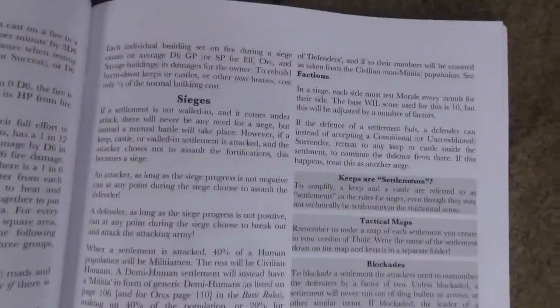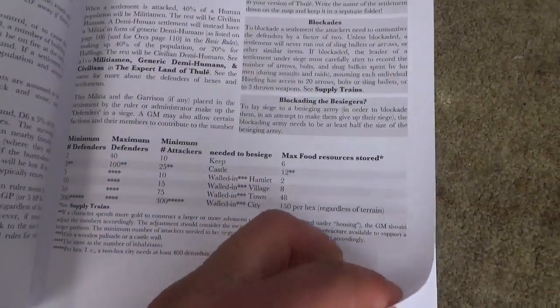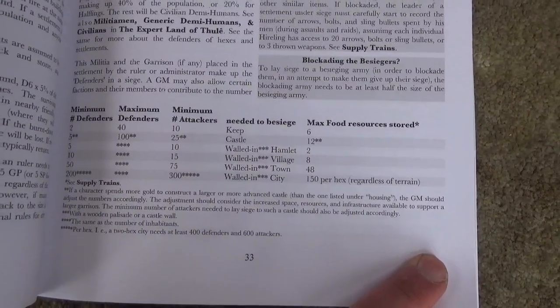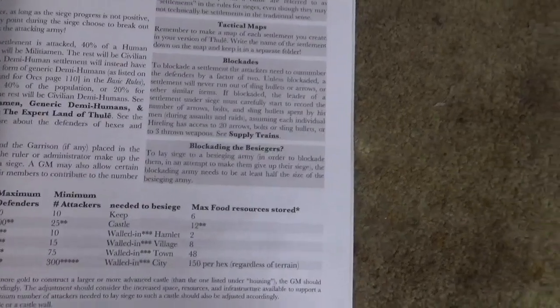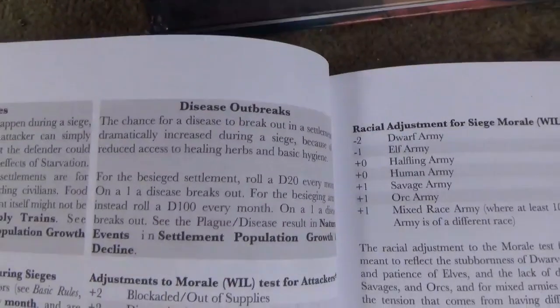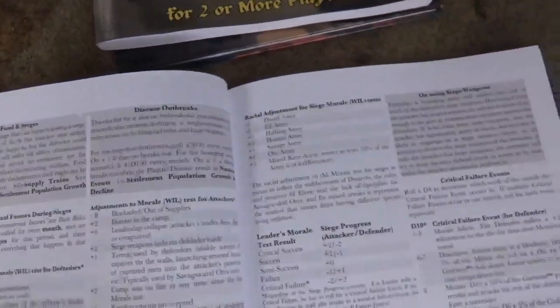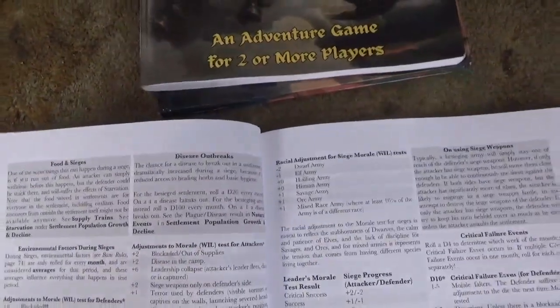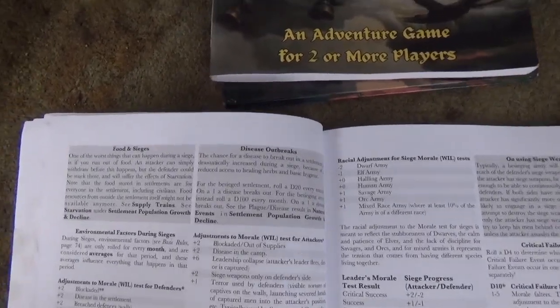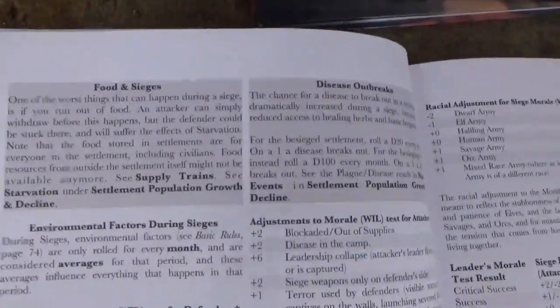And then of course sieges, how many attackers and defenders do you need, how much food can each besieged settlement, store or keep castle. Blockades for disease outbreak, because there's an increased chance for a disease to break out if you are under siege because of reduced access to healing herbs and basic hygiene and such. And then of course you have the